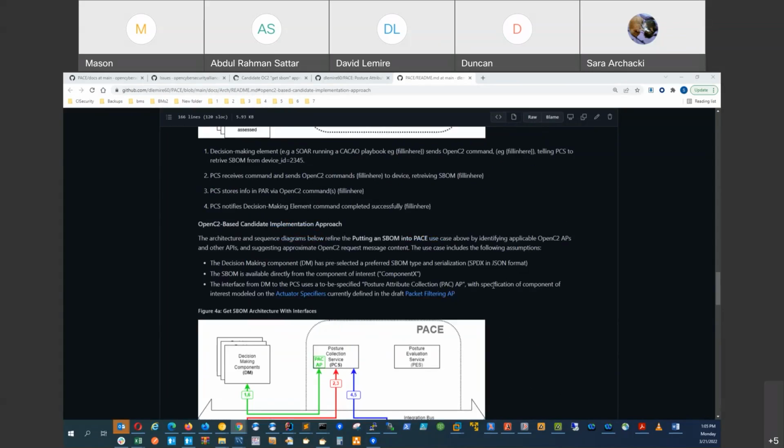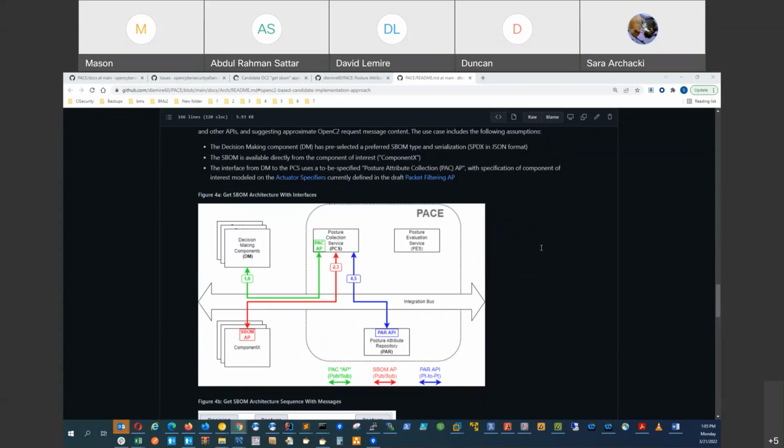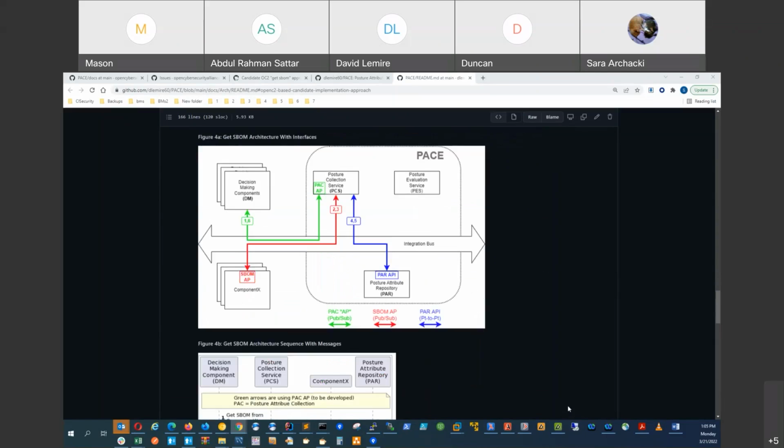And basically it adds some words and then two diagrams, one of which is derived from Duncan's diagram, but adds some information specifying what OpenC2 actuator profile and or API definition is applicable to each of the lines. And then the numbers on those lines correspond to the sequence diagram. It's the next thing down,